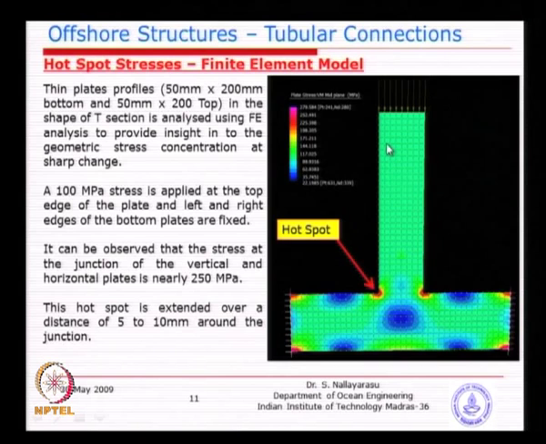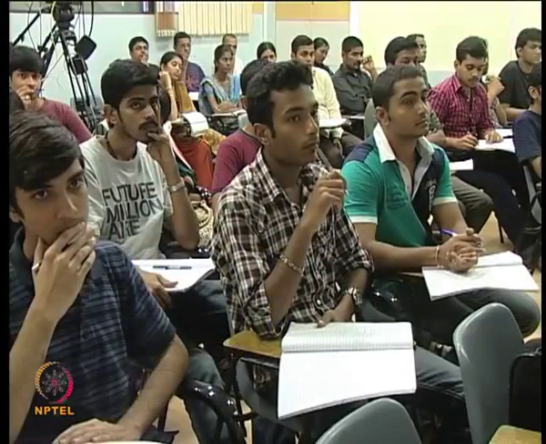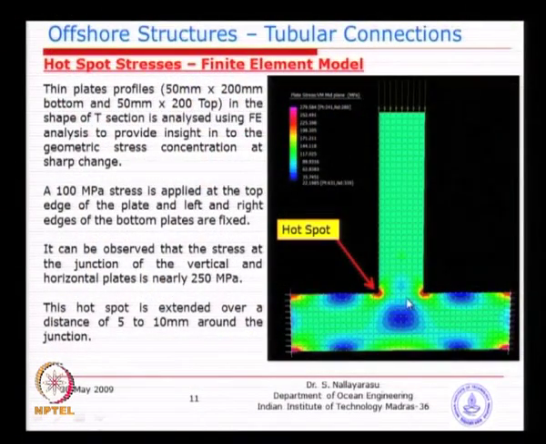But can we conclude based on this that the assembly will fail? Definitely it will not fail, because if you see the whole area throughout the next section here at 250 megapascal, probably we can conclude the section is highly stressed, trying to overstress and fail. But fortunately there are only two junctions, the left side junction and the right side junction, only a local 10 mm plus 10 mm, and still a substantial cross section is understressed, because the stress at this location is around probably 110, 112, because it is blue and green mixed.